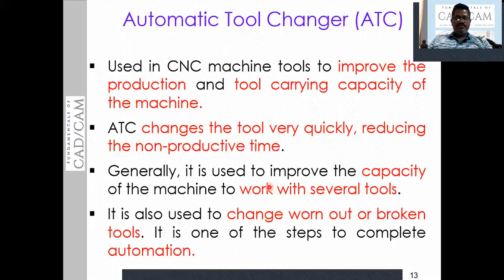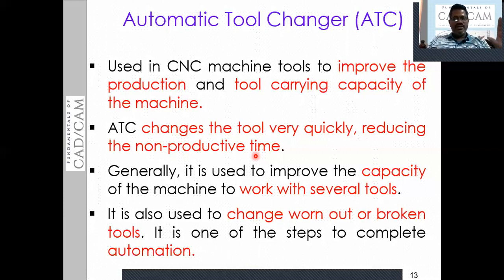Then when it comes to the automatic tool changer, it is used in CNC machine tools, as I said just now, to improve the production, because the idle time of the CNC machine increases because of changing the tool. To manufacture a component requires a number of operations like drilling, milling, planing, then grooving, reaming, all this to get a complete product.